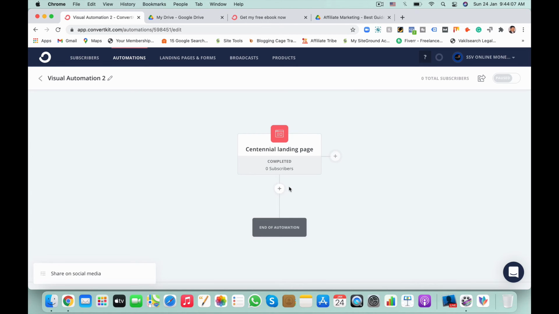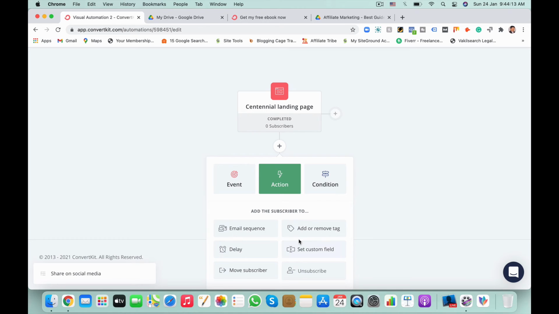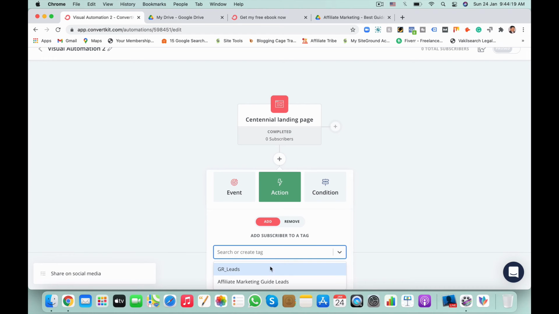Once we have added the form, we have to give the action. The action is add or remove tag. Before that, we need to create a tag.